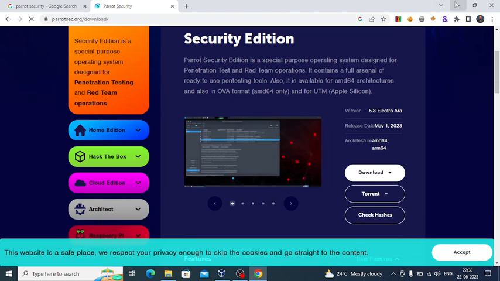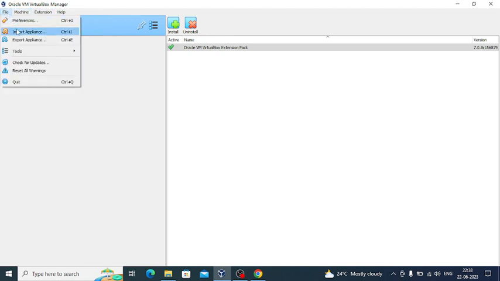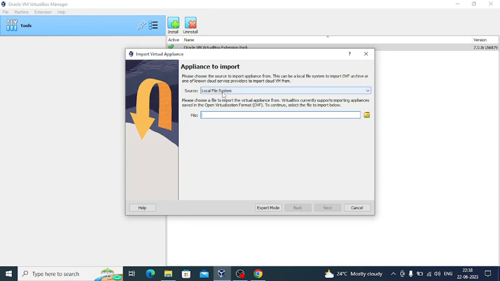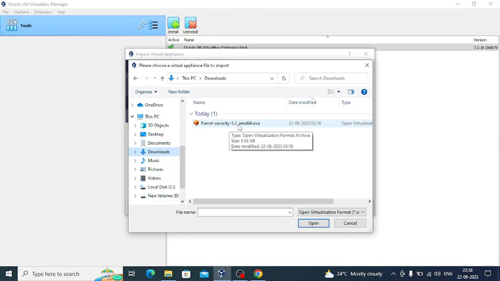So after you download this OVA file, you have to go to VirtualBox, and then you have to go to files and import appliance, and then under local system you have to just select the Parrot Security OVA file where you have downloaded. It's in my downloads folder, Parrot Security 5.3. So if you download later, the version can change. At present it's 5.3. I will just select this, open,